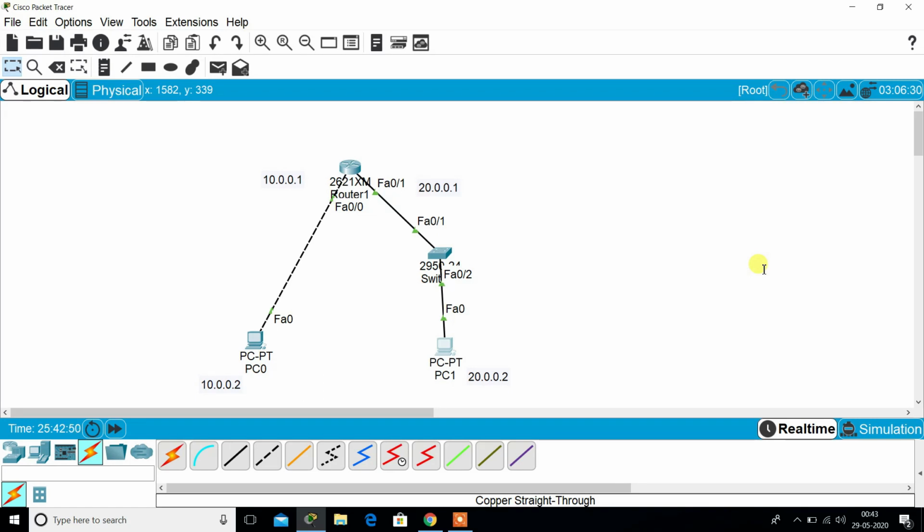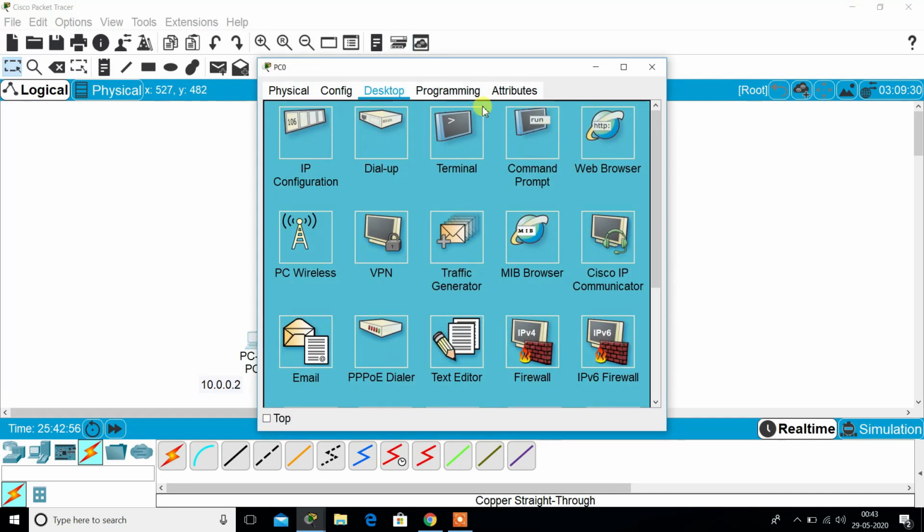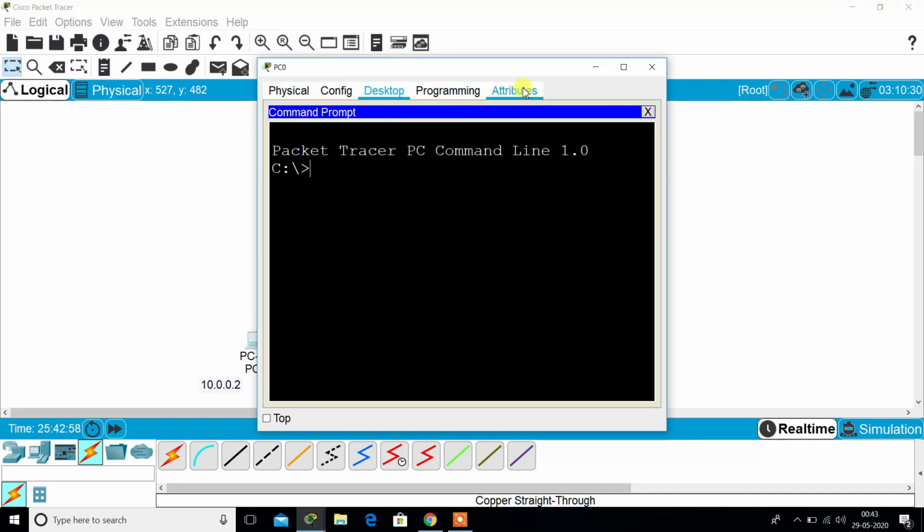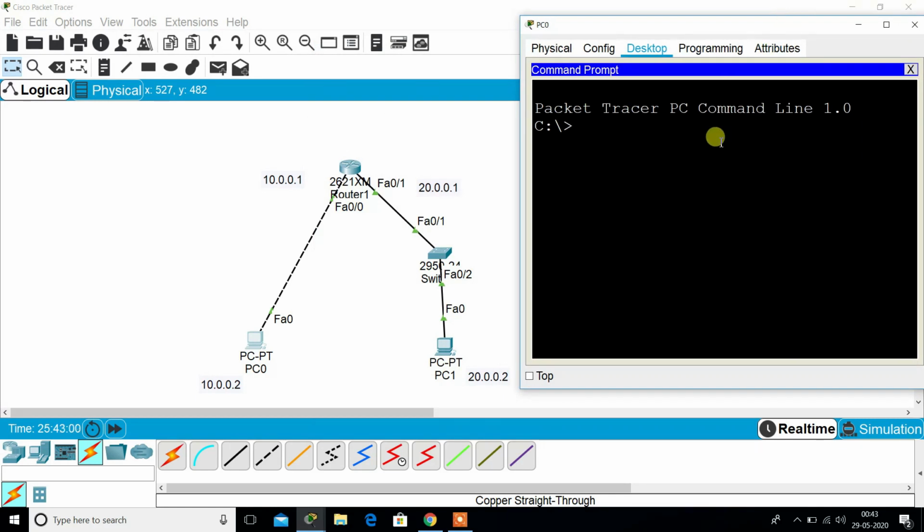For checking it, we have two ways. The first one is we will go to PC, go to CMD and try to ping the other PC. Suppose I want to ping this PC. So I will use ping 20.0.0.2 and press enter.